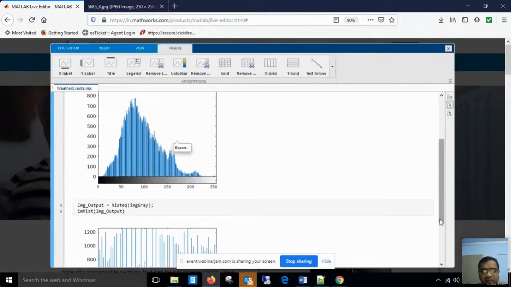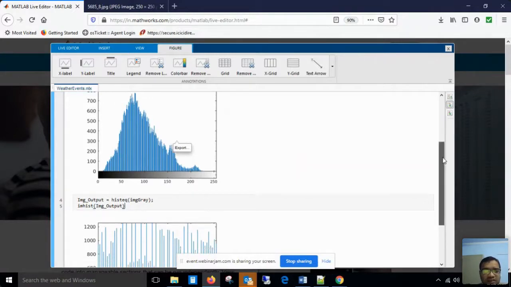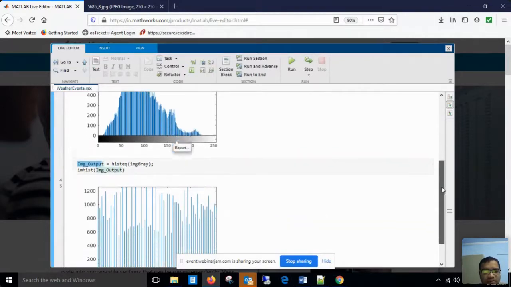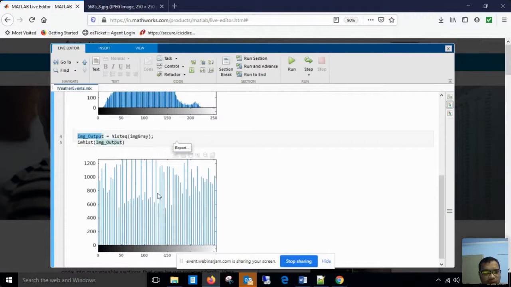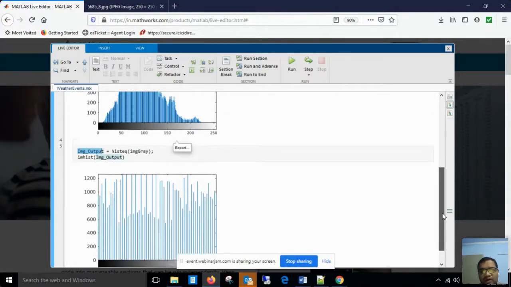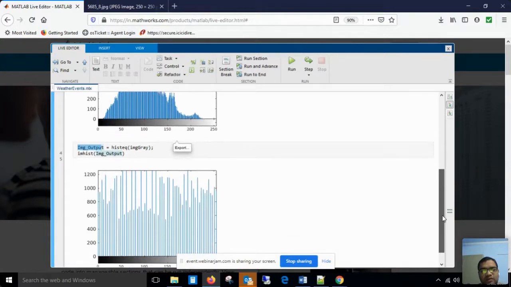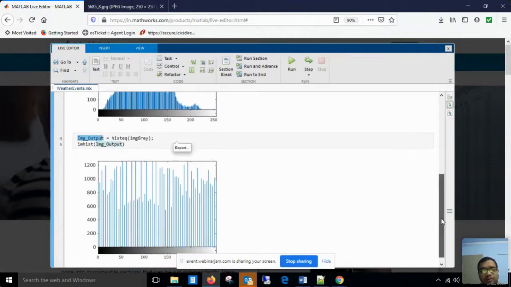Right, so this is my actual histogram, the first image, the input image. Then we performed the histogram equalization technique on the original image, and we changed the contrast, and the output image was stored in img_output, right? And then I calculated and drew the histogram for img_output. Now you can see this is completely distributed over the x-axis as compared to the original one, right? So after histogram equalization, generally you get this sort of output, and if this sort of output is there, then you can say histogram equalization has been calculated perfectly.